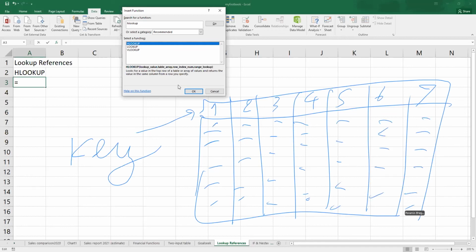What HLOOKUP will do is look up a value in the top row. That is a key value, and it must be in the top row. Then it returns the value in the same column from a row you specify. So in here, if the key that I want to search is number 4, and I want a value that is located in row 5,